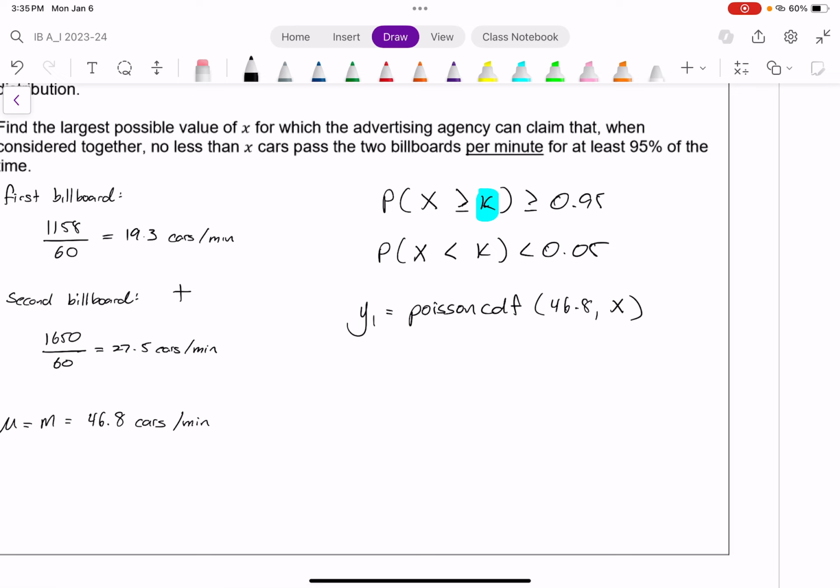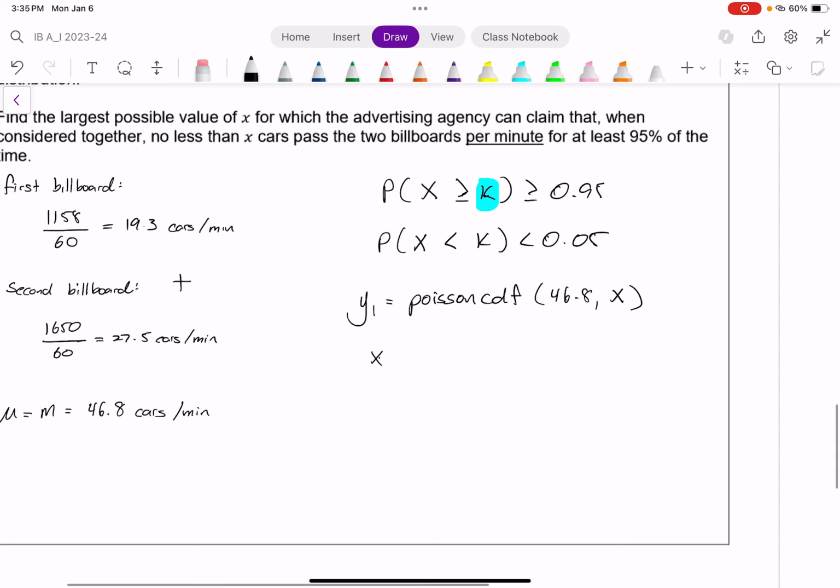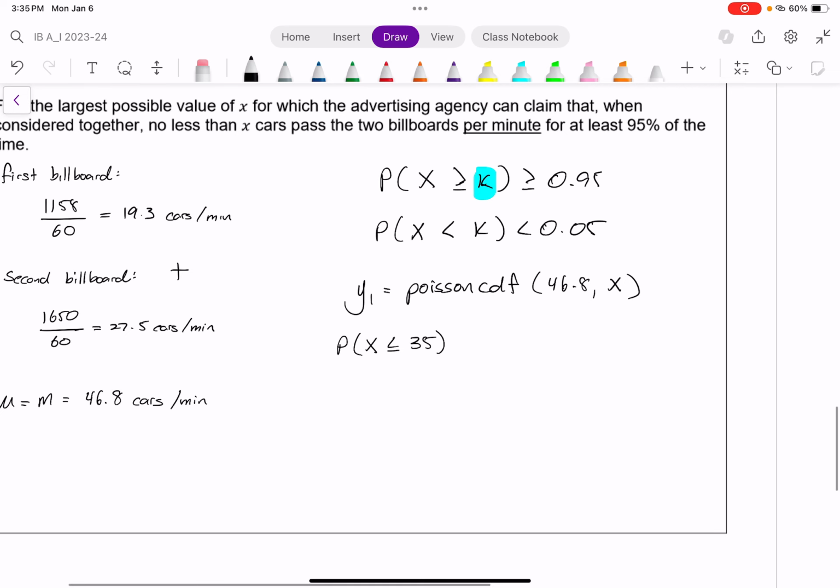And when X, if I look at an example of my table here, actually, I'll just write it like this. When we see X is at 35 on my table, that means the probability of X being less than or equal to 35, that's what the calculator's figuring out. When we see 35 on our table, it says there's a 0.0445 probability. And the very next line, when X is 36, which means a probability of X being less than or equal to 36, that the calculator says